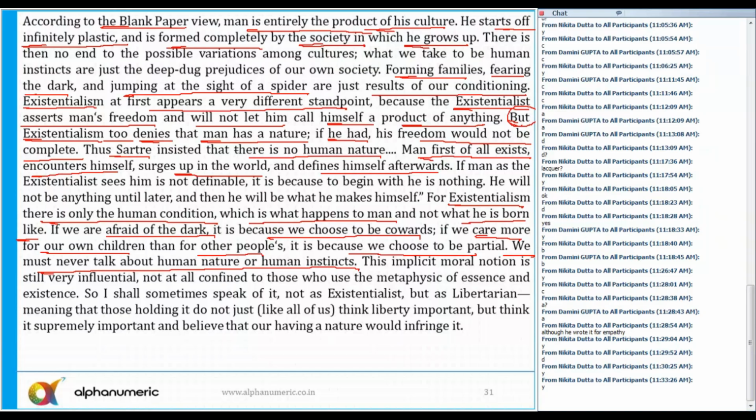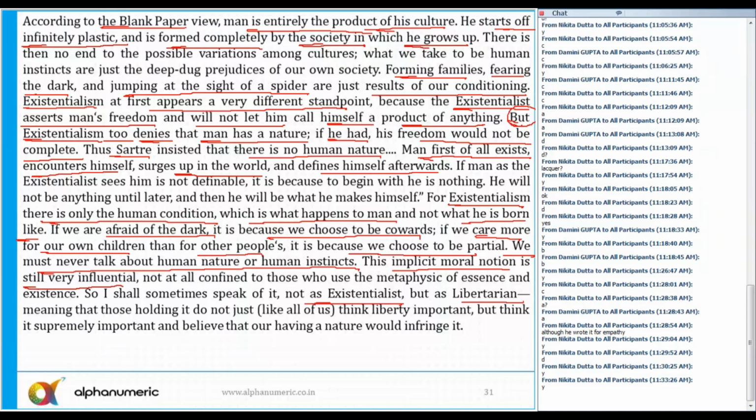Now, this implicit moral notion is still very influential. That means this view is held by many people. And in fact, sometimes there are some libertarians also. Now, what the author says is that for myself, I will speak of this theory not as an existentialist,